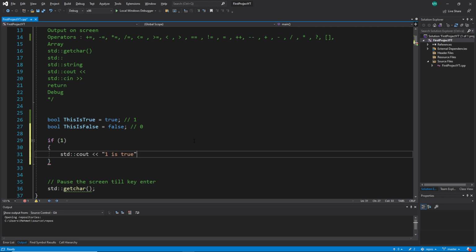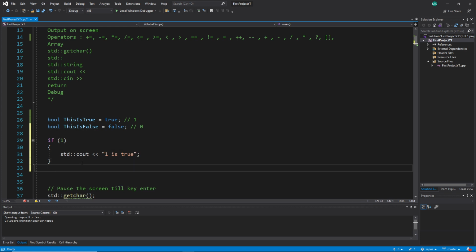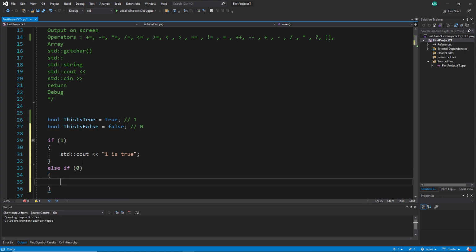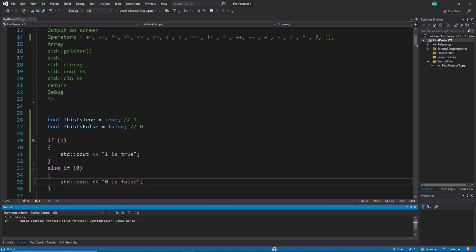Else, and then let's do one more, an else if, so it's clear, is 0. And let's print here something also out, copy, paste, and we write here 0 is false. All right, and when we test this program, what we have here,